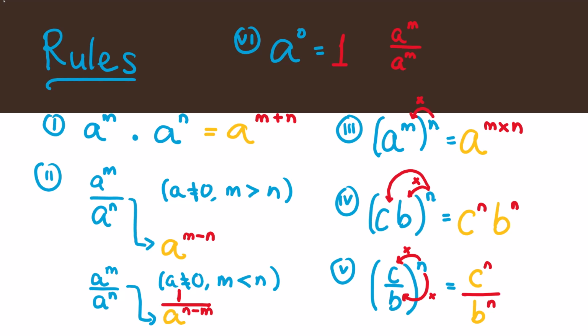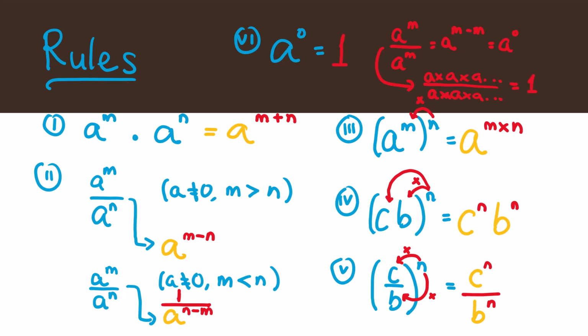So we keep the base and subtract the exponents, m minus m, which means this is equal to a to the power of 0. But if you look at it this way, whatever number of a's you have above is also equal to the number of a's that you're multiplying below. Therefore, when you eliminate all the a's at the top and the bottom,